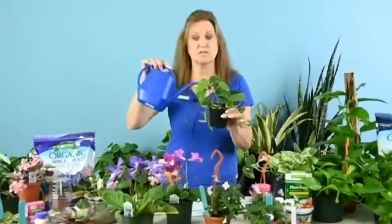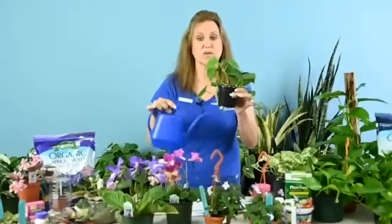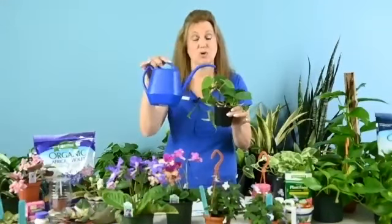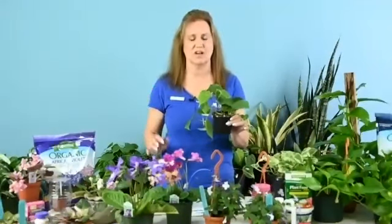Now, people talk about over watering. I can pour water in here for the next half hour. I'm not going to over water it because it's just going through. Okay, what you can do is too frequently water. That means I'm going to pour a lot of water in here today, and then I'm going to do the same thing tomorrow. Or I'm going to say I'm going to do it twice a week, whether it needs it or not. That's too frequent watering, and they will get root rot, and they will turn yellow,